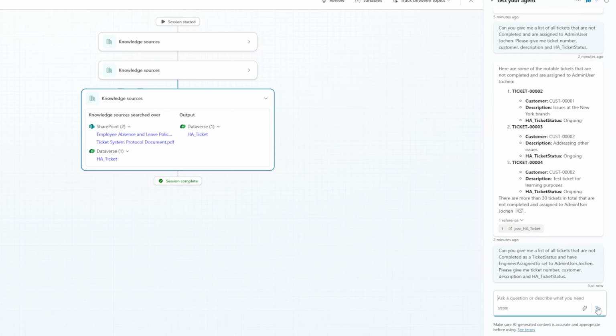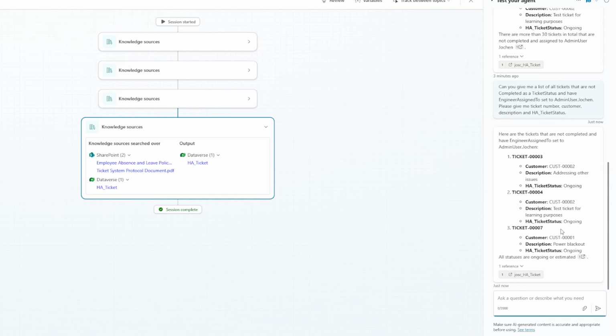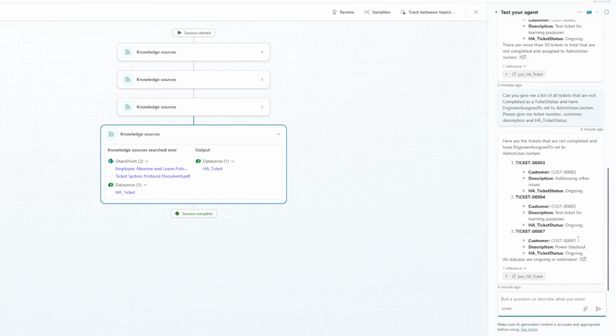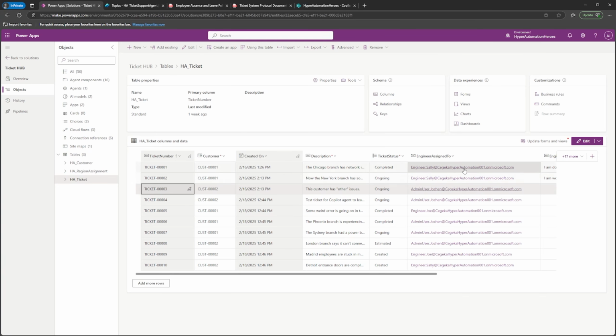Go. And I'm not saying this is perfect, but it is way closer to the truth at least. Because all 3 of these tickets are in fact set to my email in the engineer assigned to. So ticket 3, 4, and 7. They are all on ongoing, so not completed. For example, the ticket 6 here was not included in the list since this is also set to my user but is completed. The one weird thing that I still see is that ticket number 8 here is also on